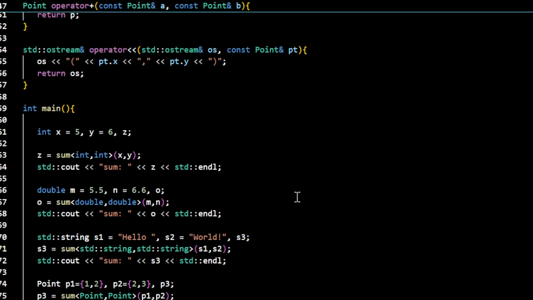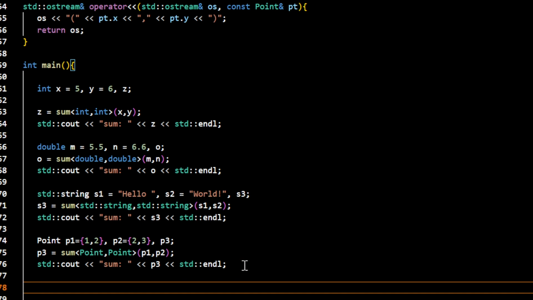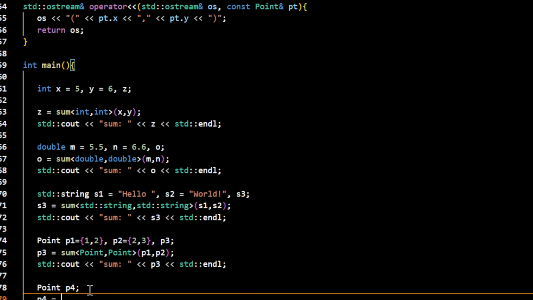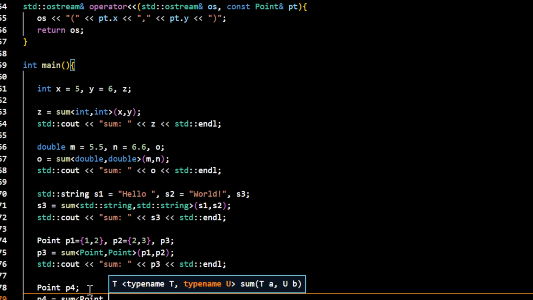Okay, now if I want to use this not for point, but I want to use the first type parameter as a point and the integer as a second type parameter, right? So like this, I have point p4, and p4 equals summation point int